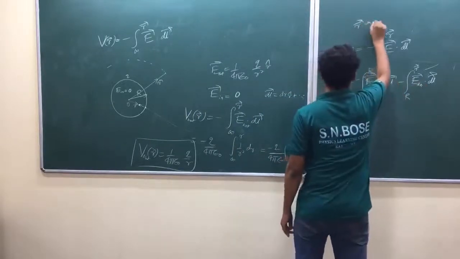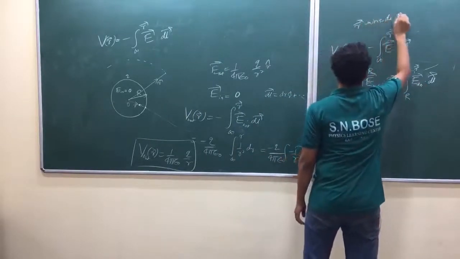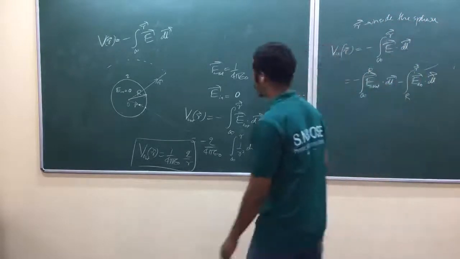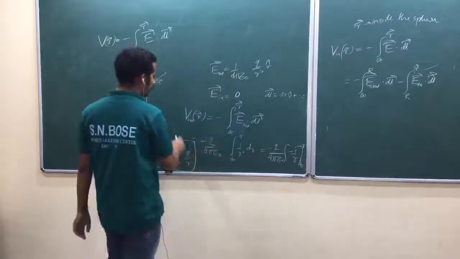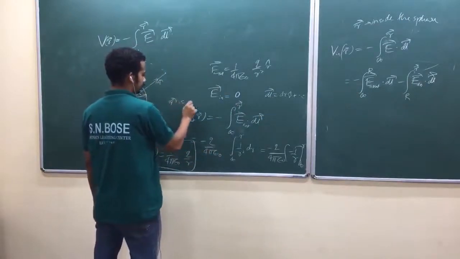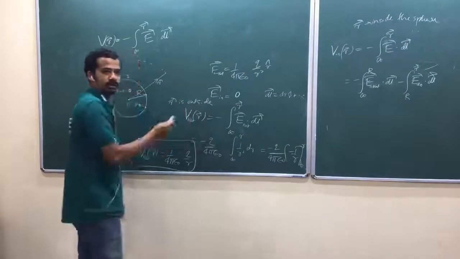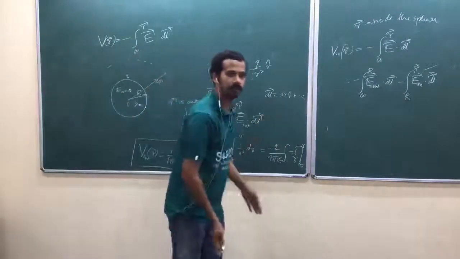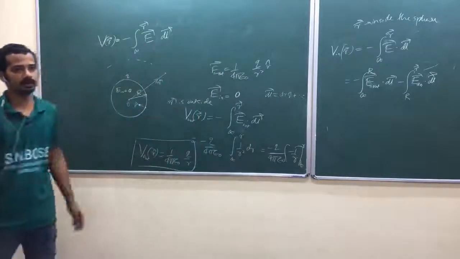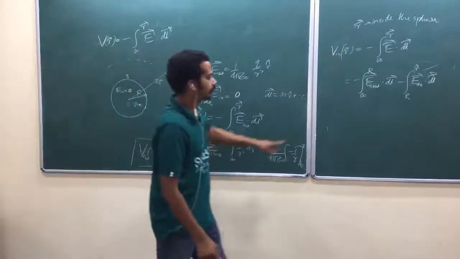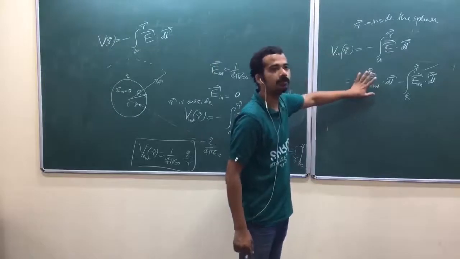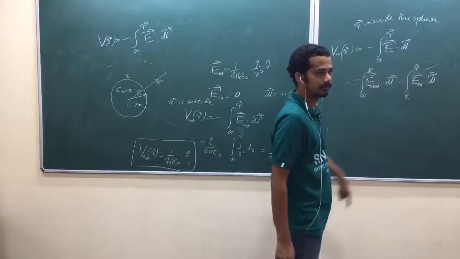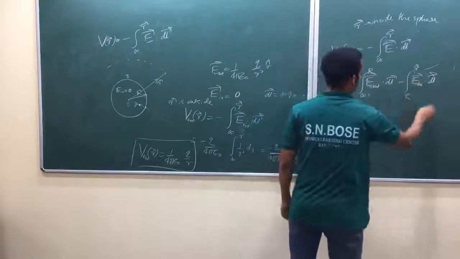When r is inside the spherical shell, okay, the spherical shell. So this is when r is outside the spherical shell. When it is inside, you got two regions. It's outside the spherical shell, inside the spherical shell. So that's why you have to take from infinity to R. You are talking about outside region. R to small r, r is inside now. Okay. So now this is 0.